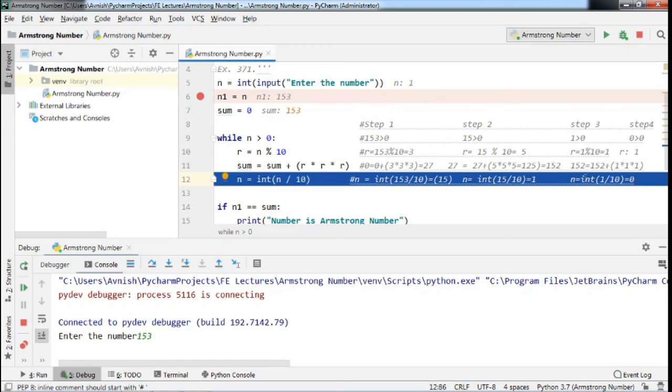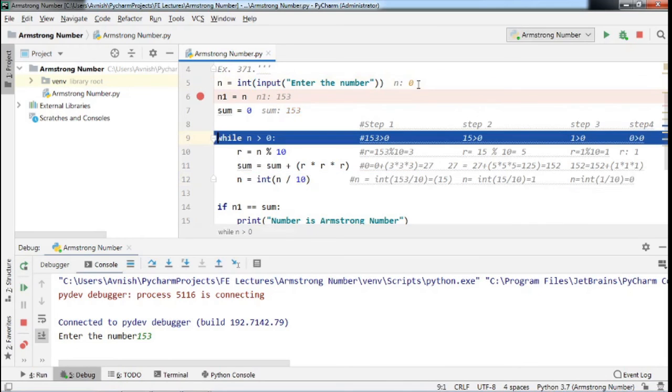But due to the explicit type conversion, the int function neglects the digits after the decimal point and your whole number will be considered, that is 0. 0 will be stored in your variable n. See, this n will be modified now. Your n becomes 0. In this way you have completed 3 iterations of the while loop.